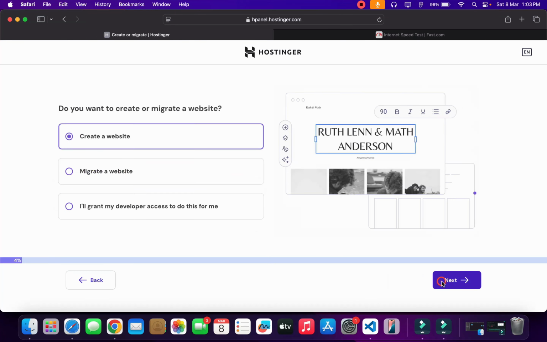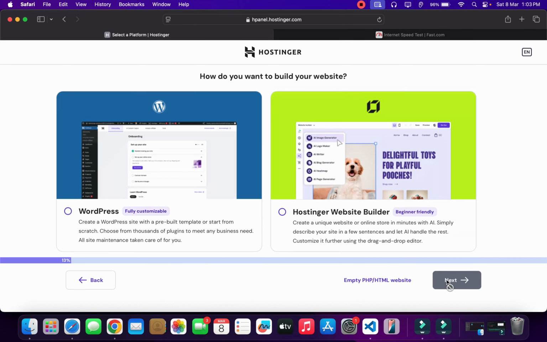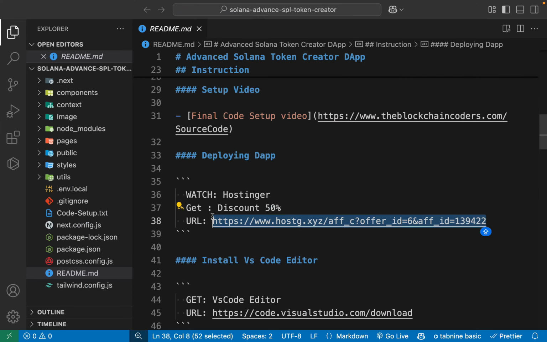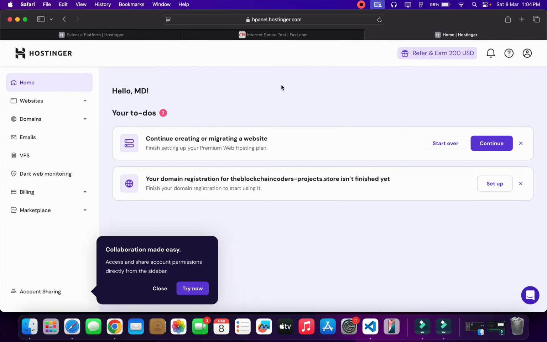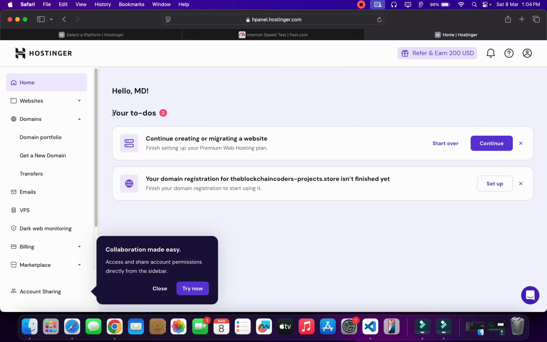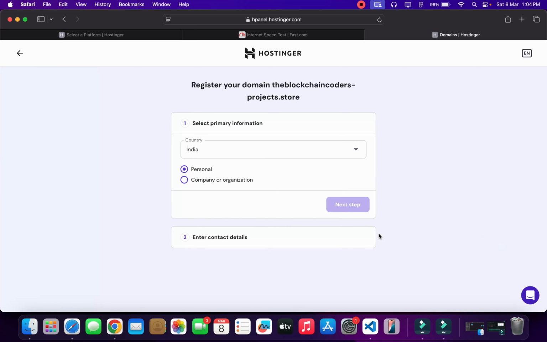A lot of you have this confusion about where you have to deploy and host your application. You have written a smart contract, you have built your front end, you have done all the testing. Now is the time to make it live. But you are confused about which platform is the best for your project